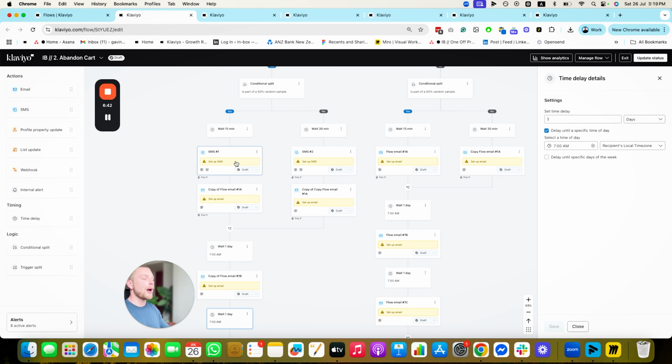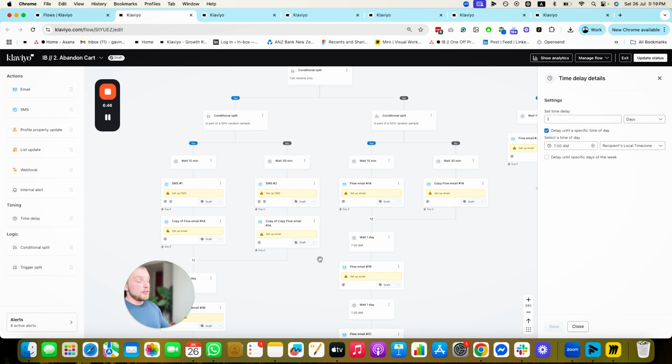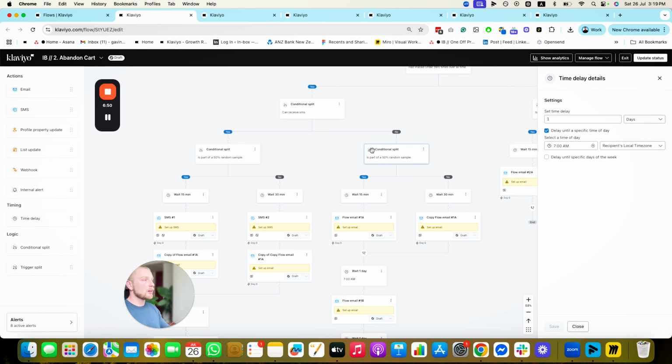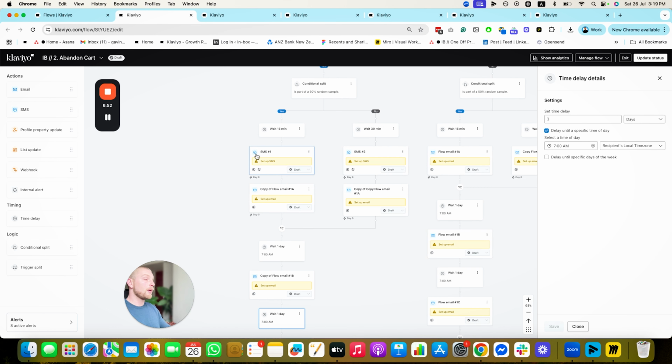And that's what you do. You add your SMS layered in. To give you a bit of context in terms of what these emails do, basically they're identical on each side except there's an SMS message layered. This first email here is going to be reminding people of the item they left behind with the discount code